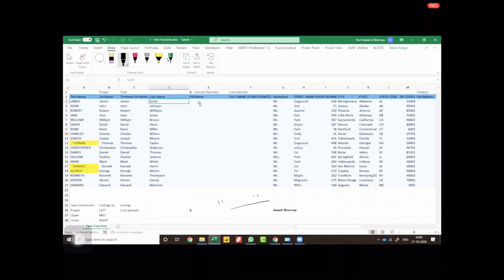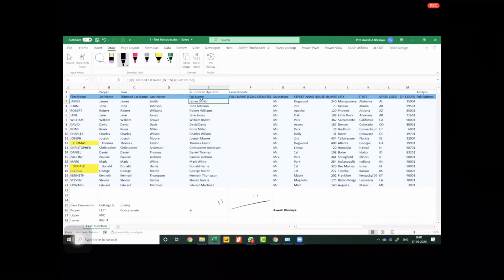So very simply, I will do equal to the first name that is going to be picked up from here, and then I put an ampersand sign, that is a concatenation operator. In the double quotes, I put a space, because that is the string I want to combine, and then I will just add the last name. So here, what have I done? I have picked up the first name, put a space in between, and added the last name. So now when I enter, you will see it picks up the right names with the spaces in between. Anybody have any questions?